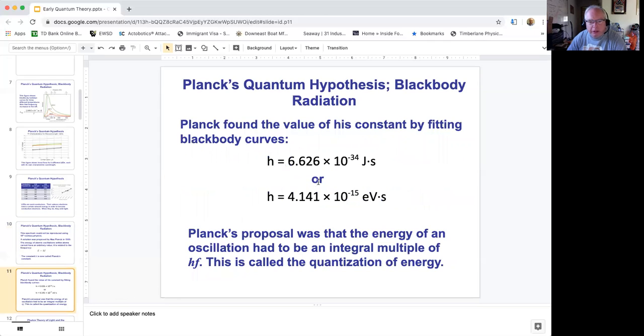So we're just going to take note of these two constants. This one is joule seconds, and this is electron volt seconds. When we're talking about electrons, actually, this constant, the electron volt seconds, is much more useful. So a quantum is really the smallest amount of light, which kind of makes sense, because over history, if we